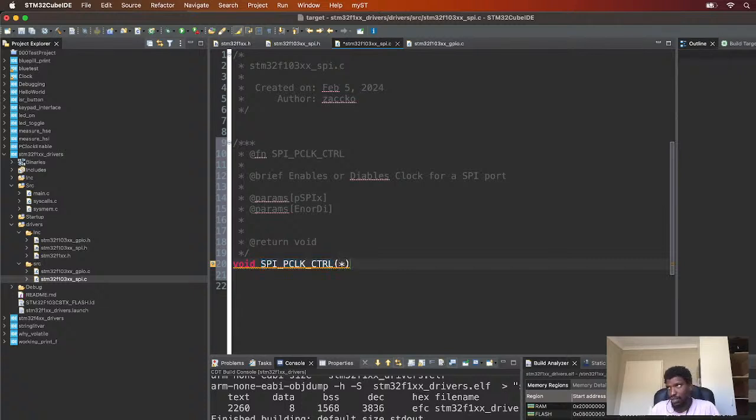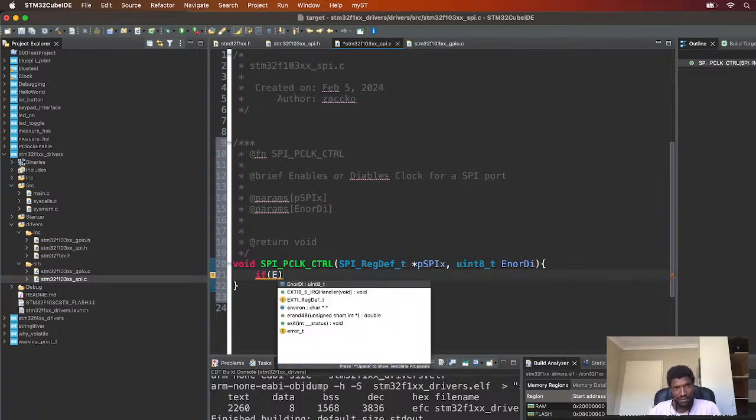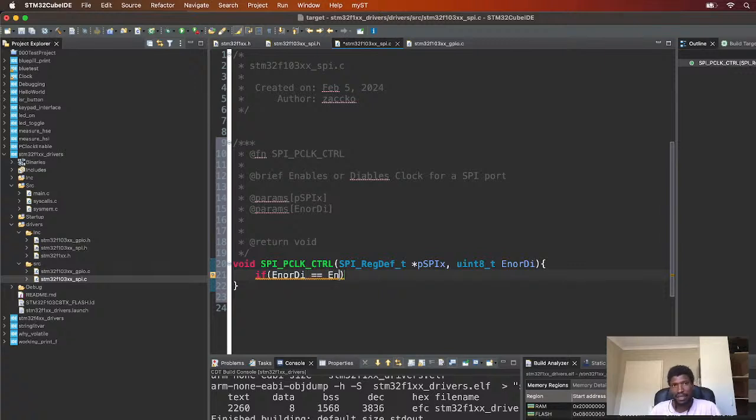We take a pointer to SPI register definition type PSPI X, and then uint8 type EN or DI. Okay, cool. If EN equals to enable,